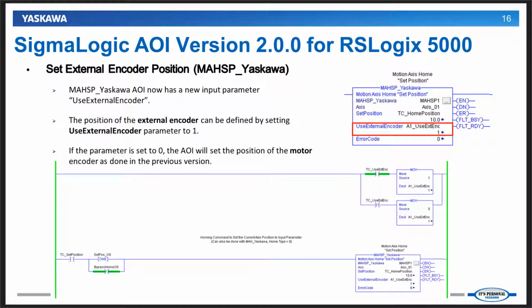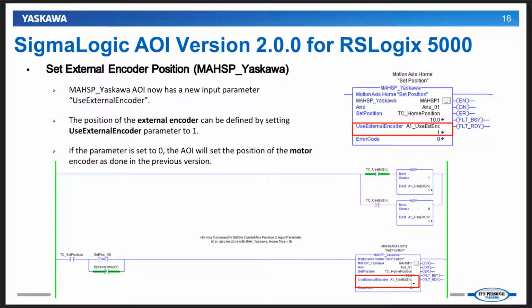It is rising edge sensitive, and make sure that once you execute this block, you keep that input bit on for at least 100 milliseconds for the SigmaLogic axis to respond and to set the external encoder position. If you set that use external encoder position back to 0, it will be toggled back to motor encoder. So whenever you execute that block, it will be the motor encoder position which will be set, and not the external